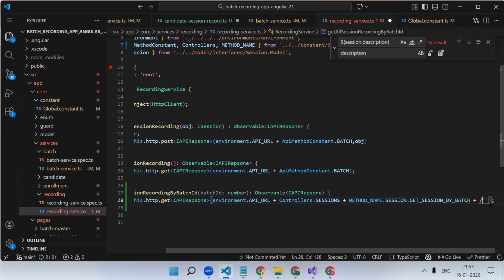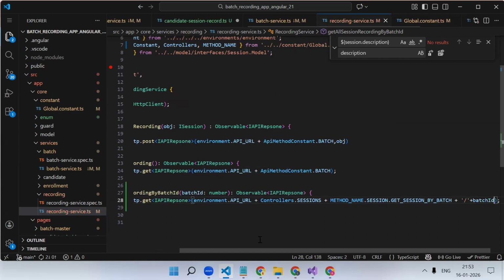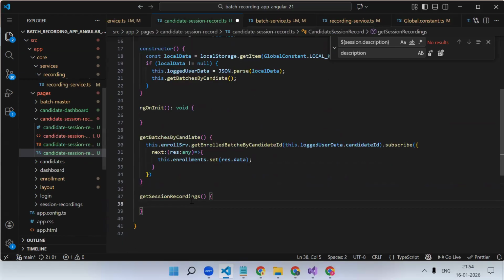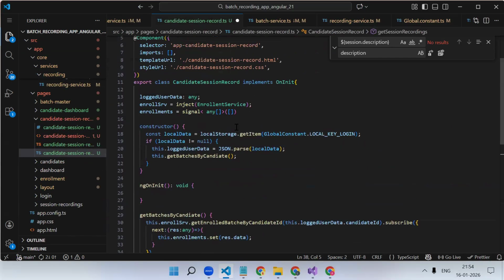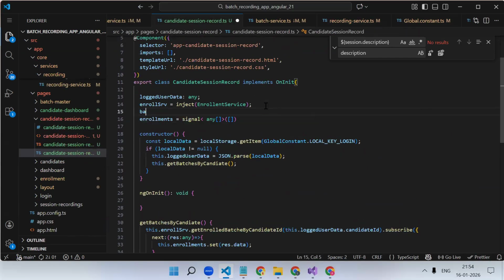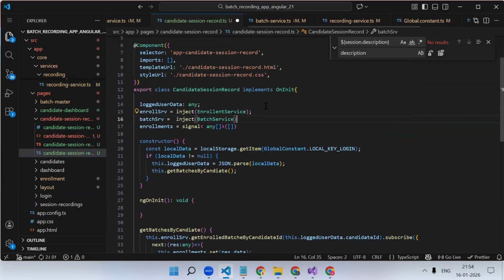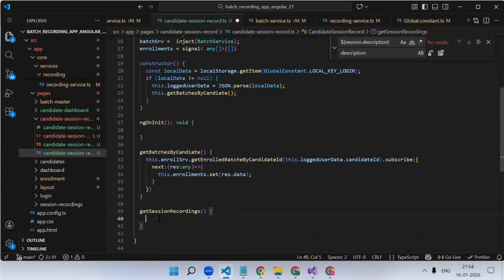Single quotes, slash plus ID. So a dynamic URL will be created. Now over here, we need to inject our batch service also. So batch service is equal to inject batch service. So this dot batch service dot,